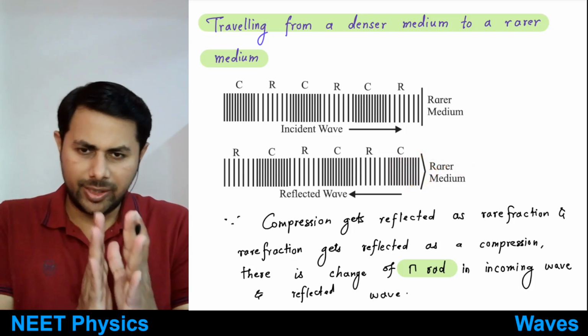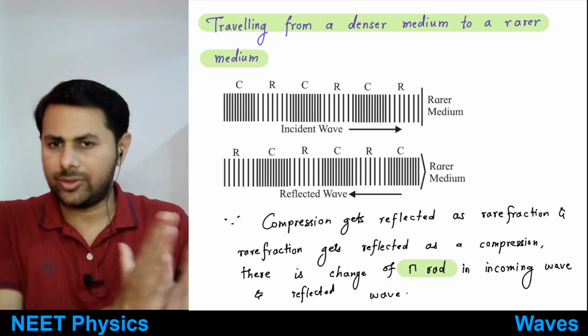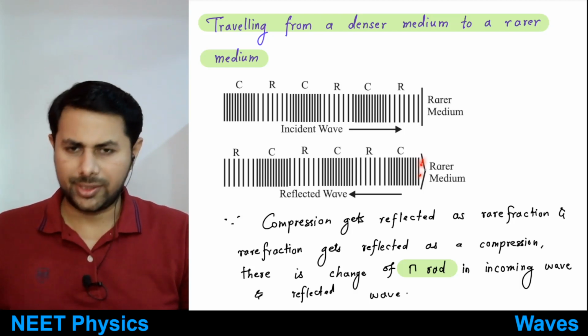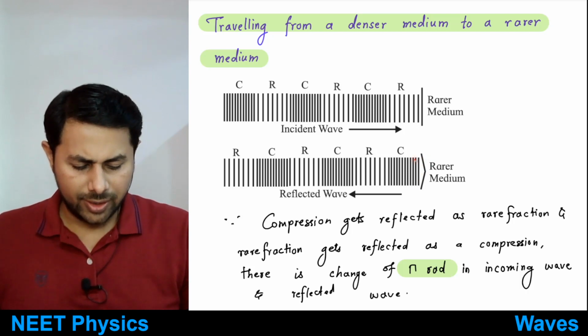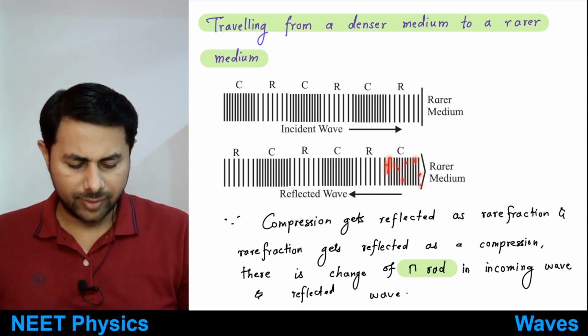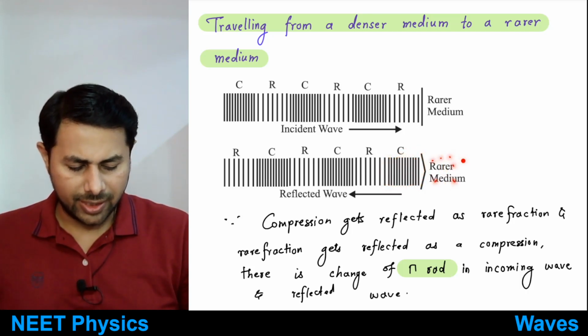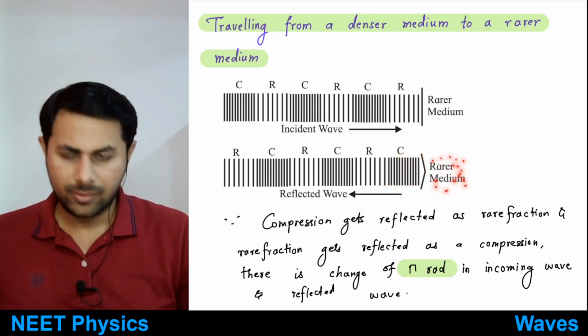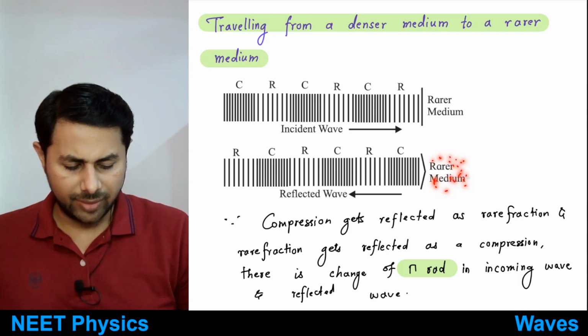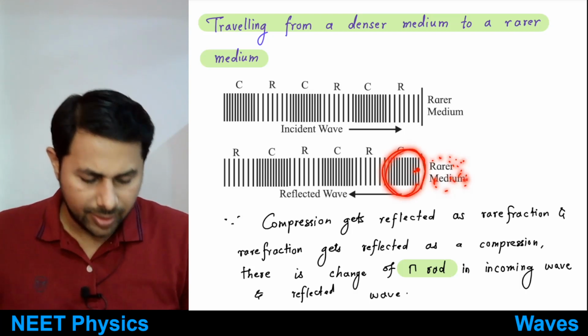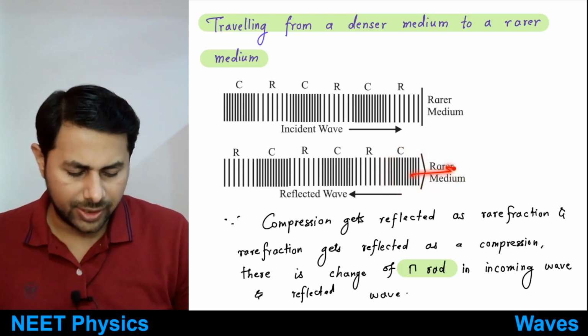So compression meaning these particles are coming close to each other. Okay, so there are more collisions in compression. So here, this compression hits the rarer medium. So these particles of the rarer medium, see, these are particles of the rarer medium. So this compression has some space to travel into the rarer medium,